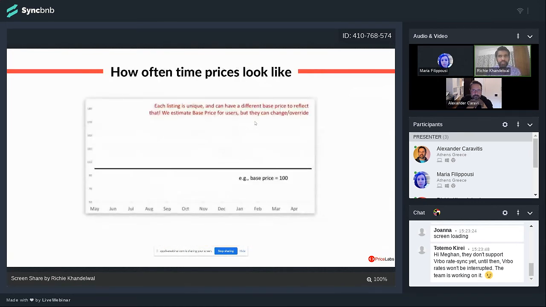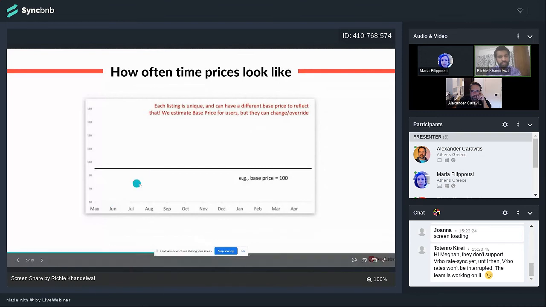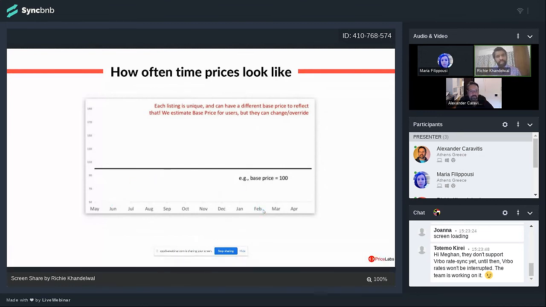Now, oftentimes, you would have seen maybe some of your peers, friends, their prices look something like this. Or maybe there are some steps where there is some seasonality in there, right? But what you're doing is every single day, maybe on some days, you could have charged 120, right? And made that $20 more. Or maybe on some days, if you were really priced at 80, you could have gotten that booking rather than staying empty, right? So that's the problem in crux that we solve.